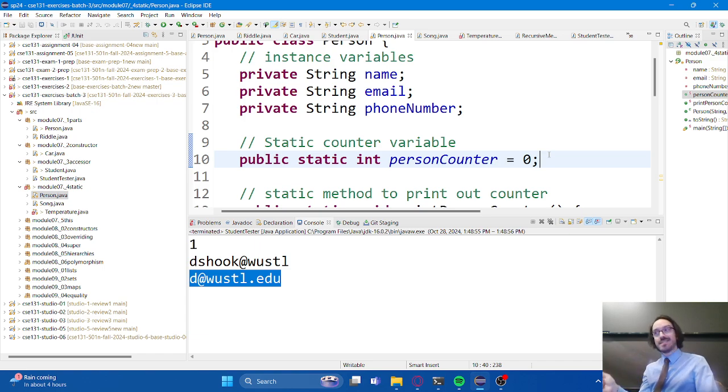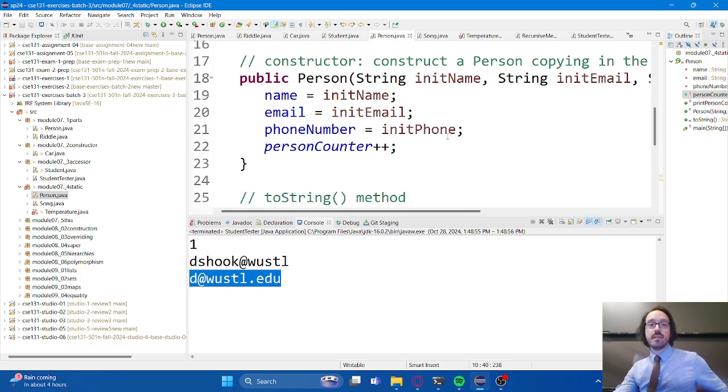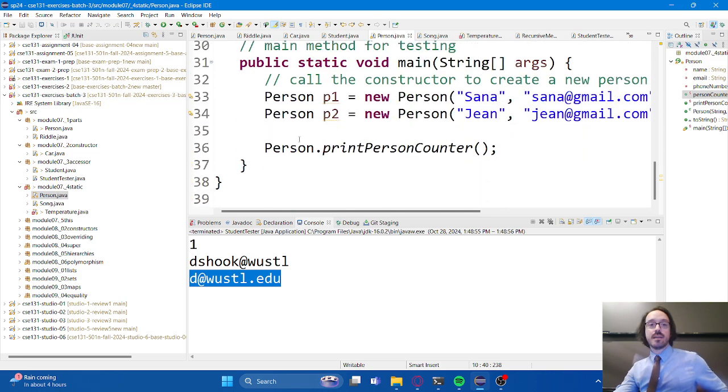I do not have to create an instance of an object. I do not have to use instance name dot method name. Instead, I would use class name, right? This is a class, not an instance. This is an instance, and this is an instance, but this is a class. Class name dot method name. This is how we use static methods.